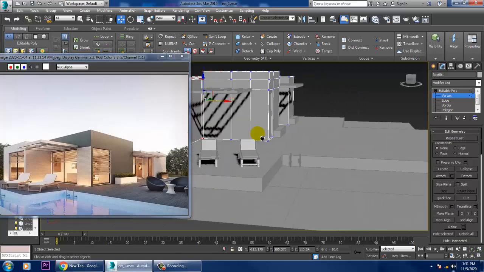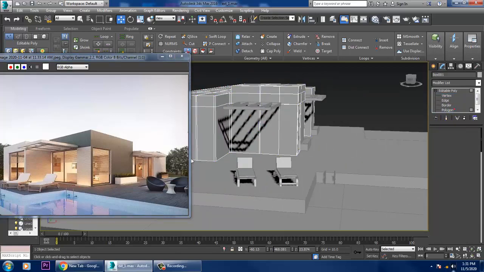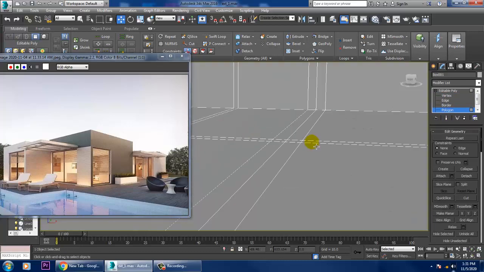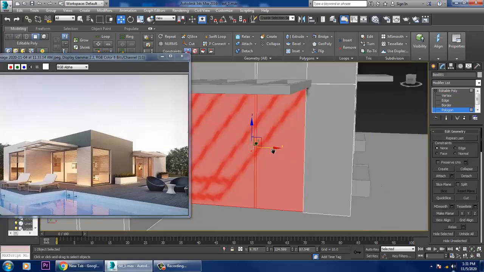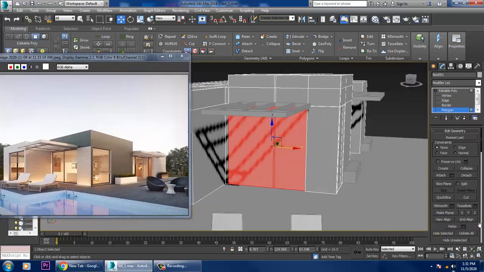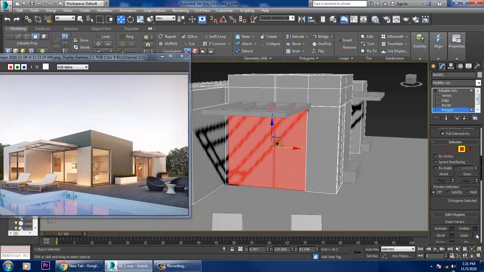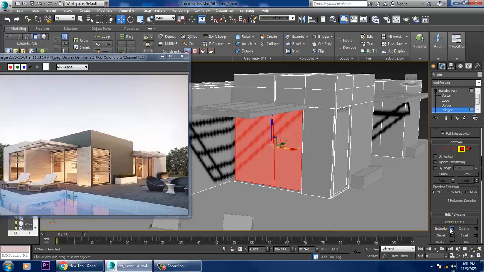If we want this glass part over here, we need to select this first, and let's just give a bit of inset over here. Click OK, and let's just slightly extrude it inside. Click OK.